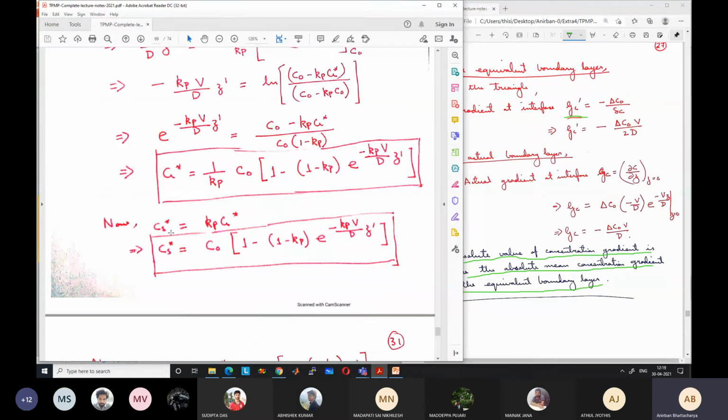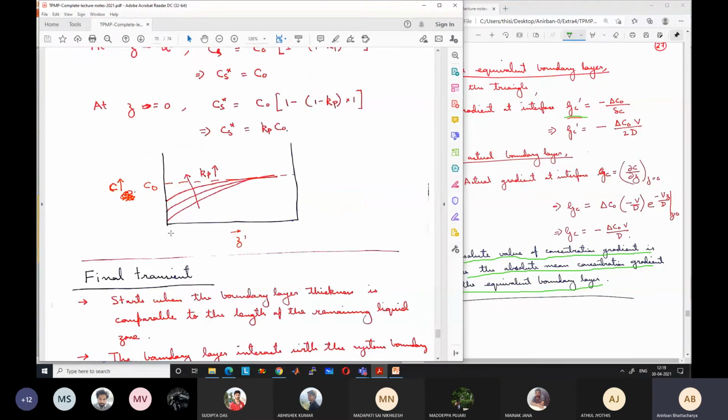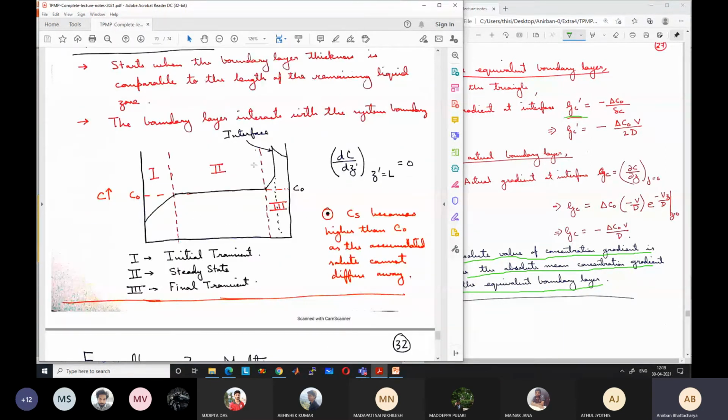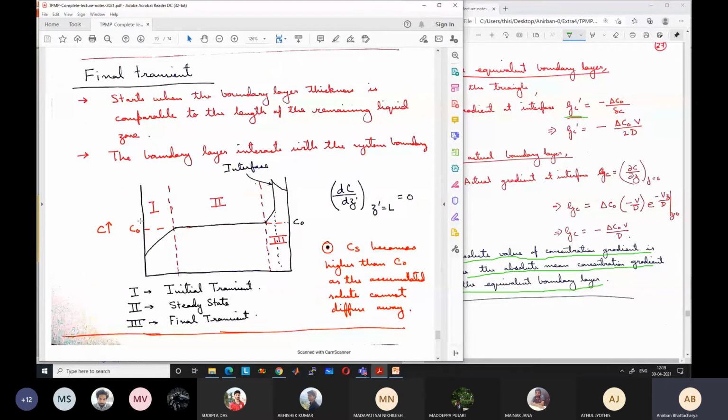So let me just explain how it looks. The initial transient will look like this. Then we have the steady state part, and once the boundary layer touches the end, the diffusion cannot occur properly because the boundary layer cannot go to C0 far away. As a result, the diffusion is reduced, and the concentration in the solid keeps on increasing. So the final solid concentration keeps on increasing and you get a final solid concentration like this. So it goes to infinity at the end of the solid. The final solid concentration looks something like this.